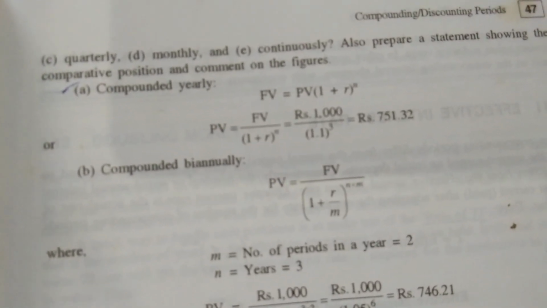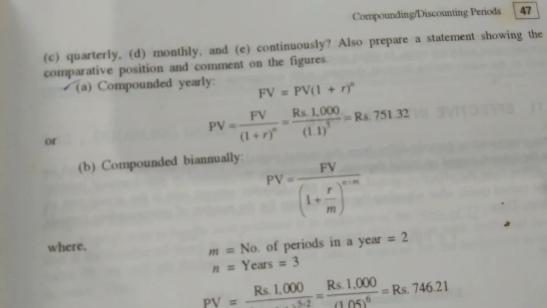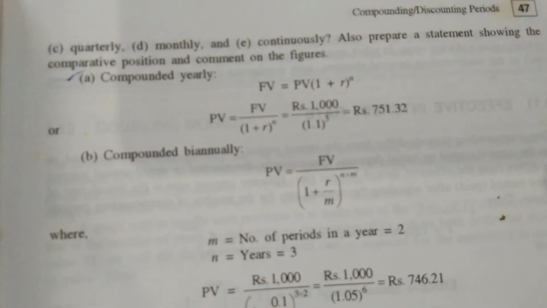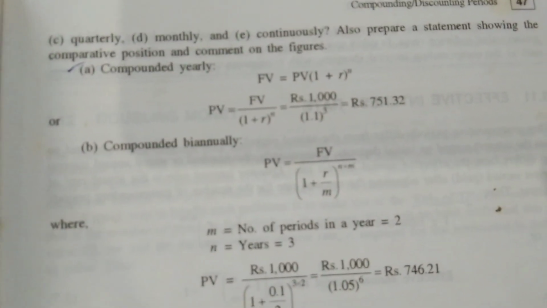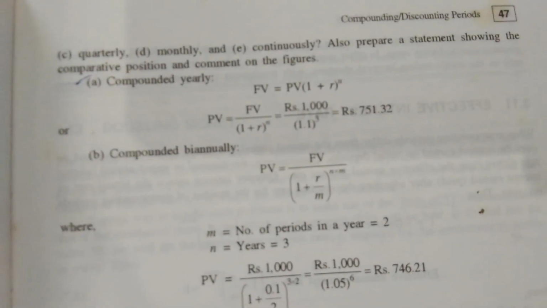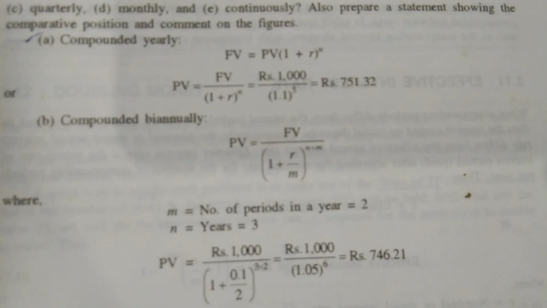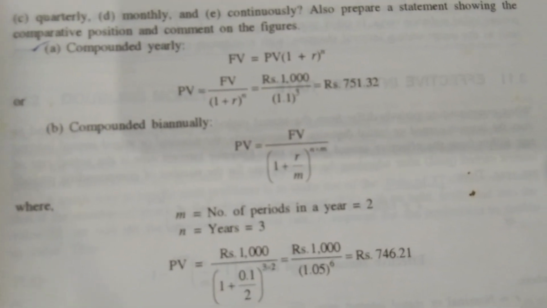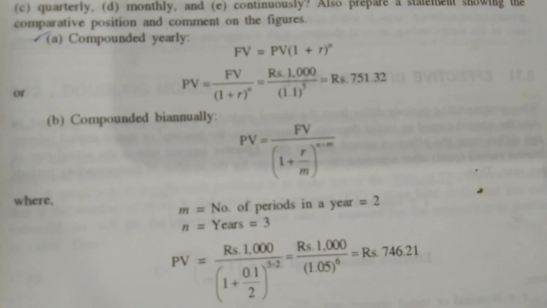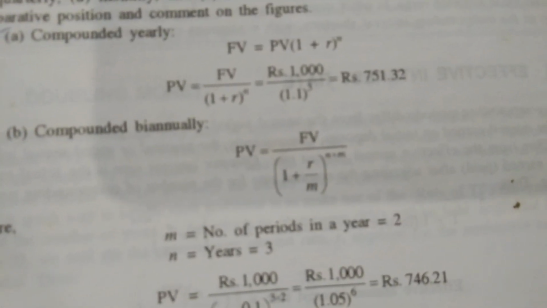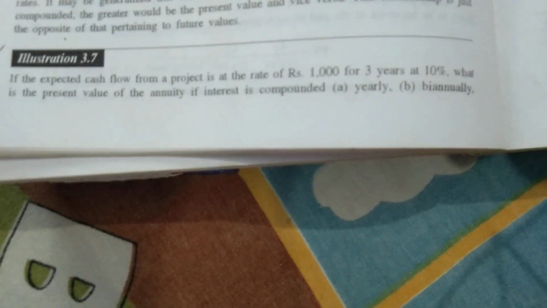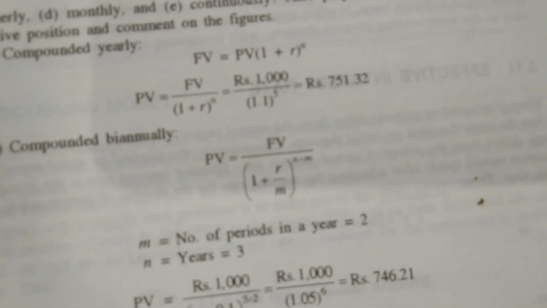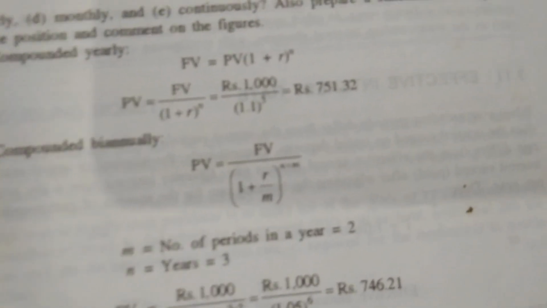To get the value of one variable, we must know the value of 3 variables. Now if we interchange the equation, then PV equal to FV divided by (1 plus R) to the power n. How many values are there? 3 values. FV is given, 1000. R is 0.10. That means 1 plus 0.10, that is 1.10, to the power 3, as it is given for 3 years. Look at the question, it is given for 3 years, therefore the power will be 3. That means earlier we have invested